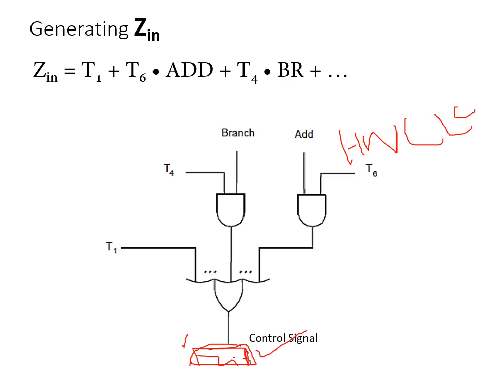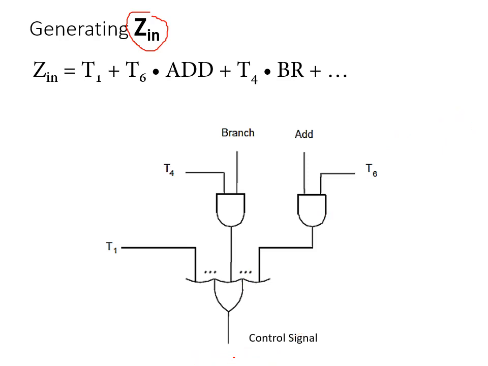It is a small circuit using AND gates and OR gates. For ZIN, only for ZIN, we have a lot of basic steps. I am explaining only ZIN. I hope you can understand this. So this is a ZIN circuit, waiting for the control signal in every clock cycle, whether 0 or 1. When the control signal is 1, ZIN happens physically.